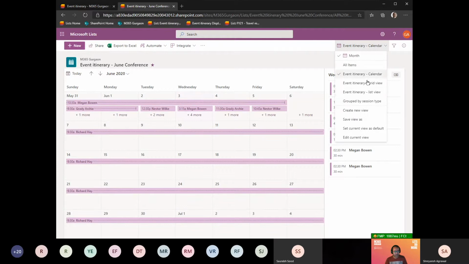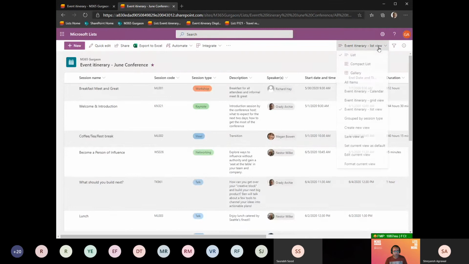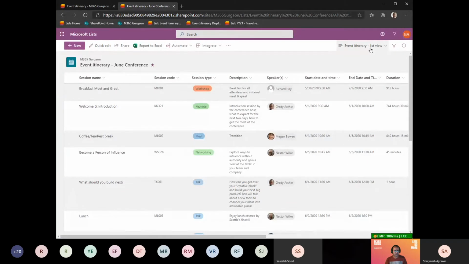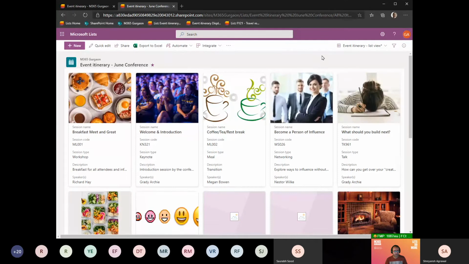Let me go and create a gallery view now. So I switched to another list view that was automatically created for me. And this has an additional image column. Using the view switcher, I can actually go to an out-of-the-box gallery layout. This gallery layout automatically reads the view schema and proposes a card that we believe would have the metadata that would mean the most to you. And in this case, we picked up the image column and we put it on the top, and we picked up 4 or 5 more fields which we thought would be relevant.